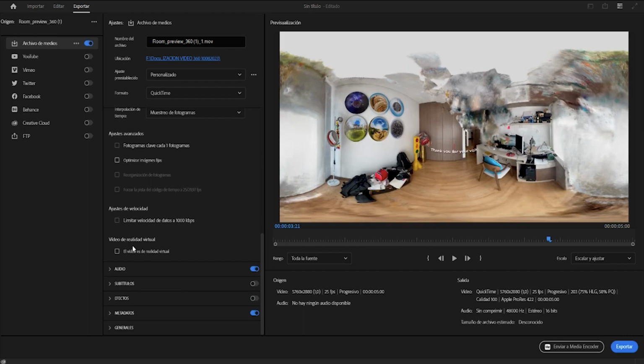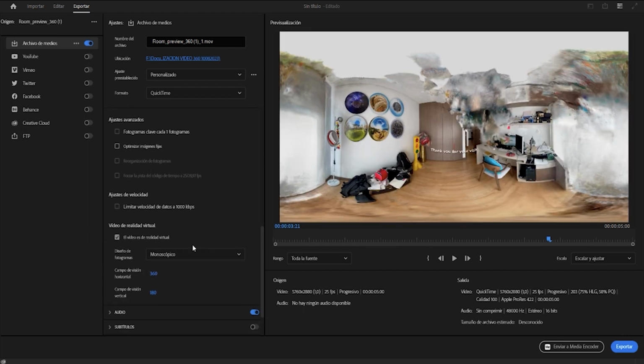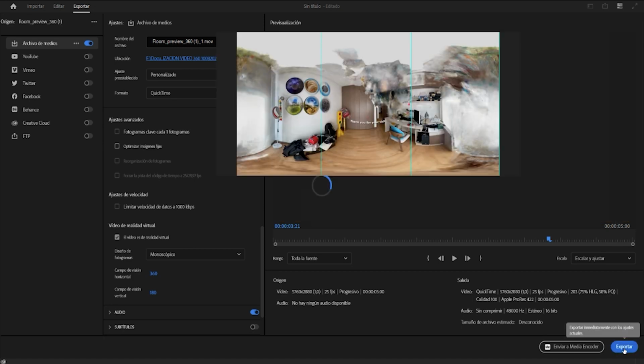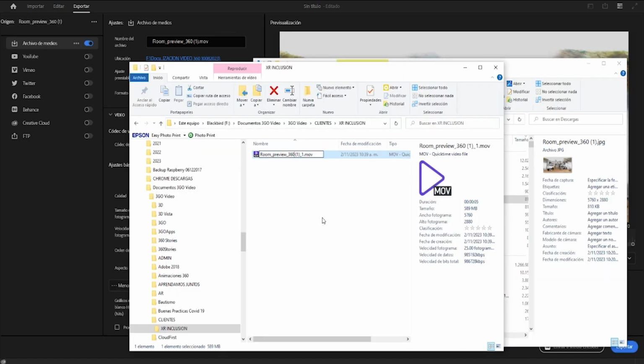If you do not put this, when you upload it to YouTube, you won't see it in a 360 way. So this is really important. And then you just export. Now we have our 360 video,